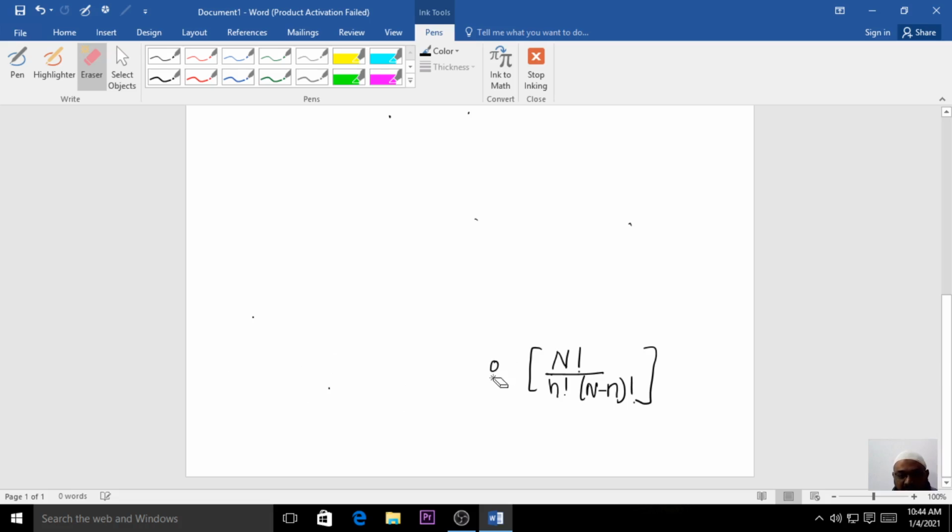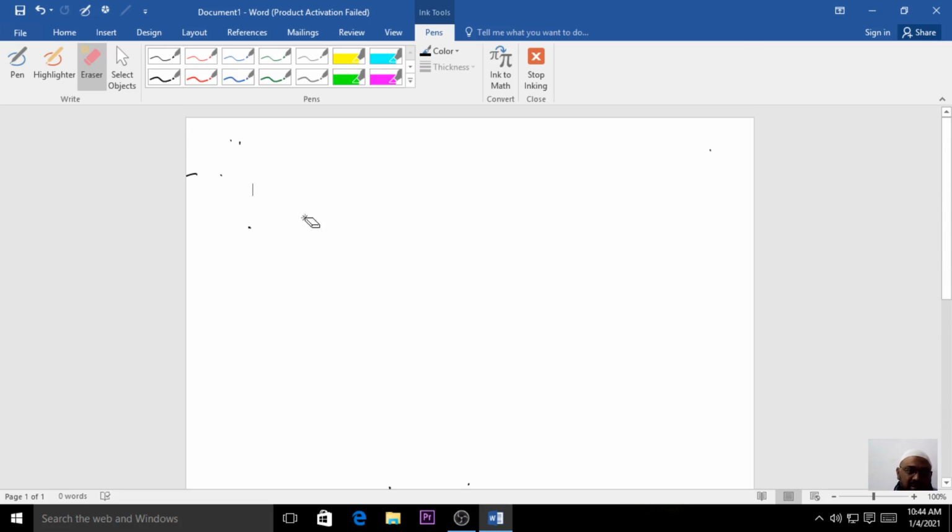You can just see this. This is the factor that we are using here. So now you can just see this starting value. Right now we are actually starting with this log. This is our term that we are going to simplify, n factorial divided by small n factorial into capital N